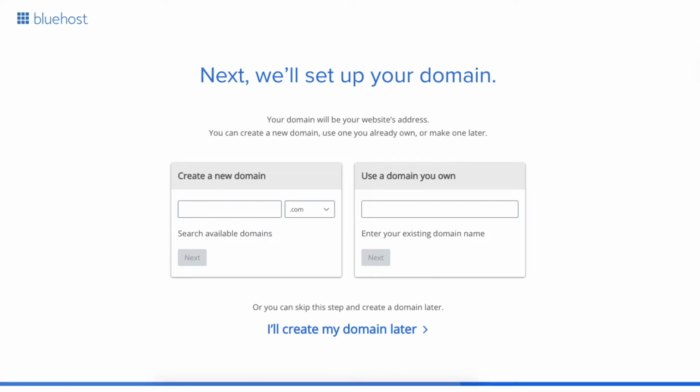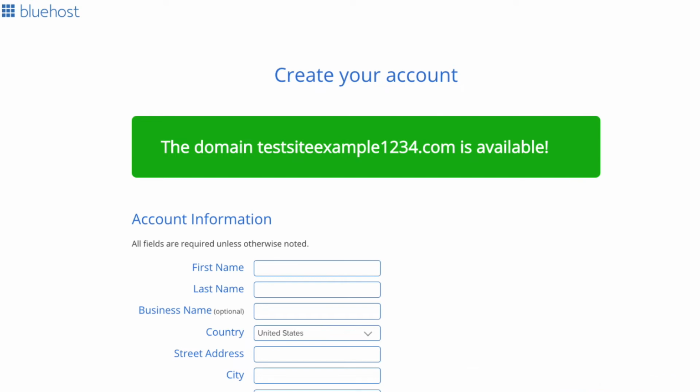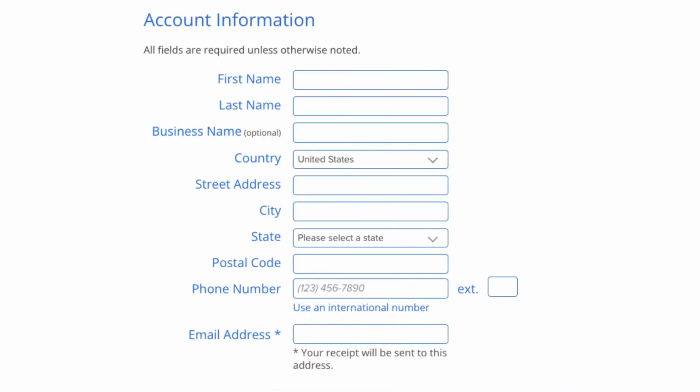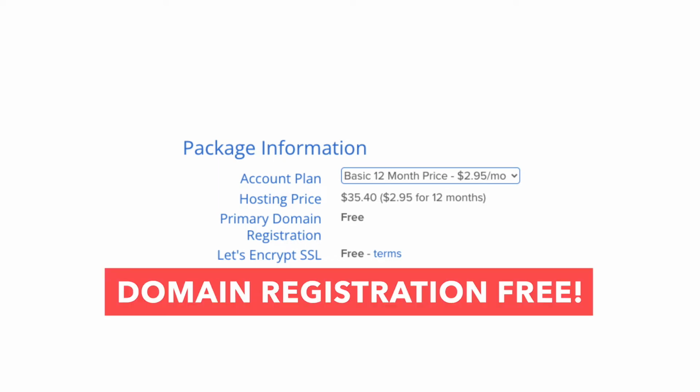Click Next to proceed to the next step. You'll now be on the Create Your Account page. You now want to input your account information. Next is the package information section. It'll have the Bluehost plan you chose with the term, the price, and you'll see domain registration free, as well